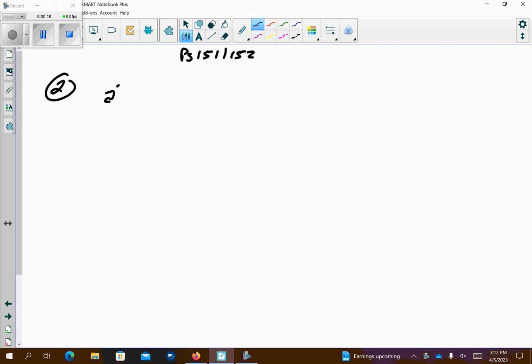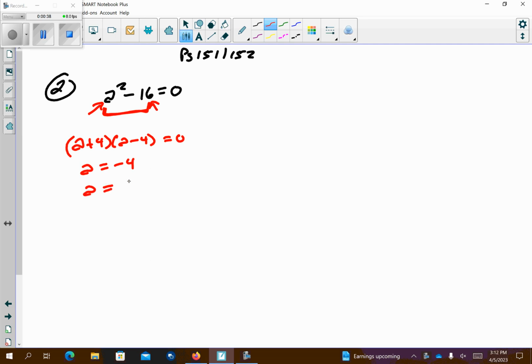Okay, so the first problem is a squared minus 16 is equal to 0. We can look at this two ways. This is the difference of two squares. a squared is a perfect square, and so is 16. So I know that this is going to factor to a plus 4 and a minus 4. I can just set each of these equal to 0, so I find that my two answers are positive